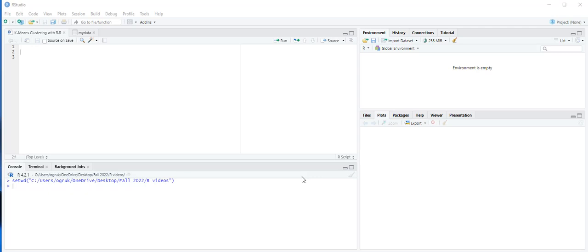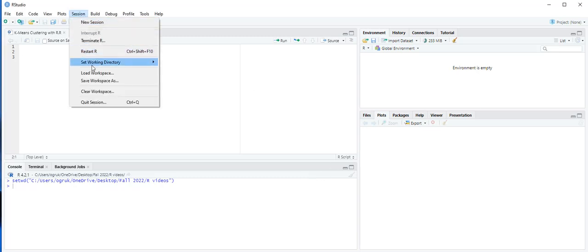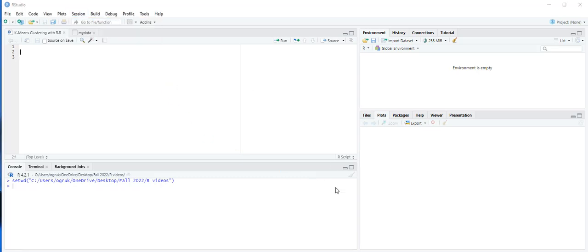Hello everyone, in this video I'm going to perform k-means clustering using R. For this exercise we are going to use the candy bars dataset. First we need to set our working directory. And next we are going to import the candy bars data into a data frame and label it mydata. So here we are going to type mydata is equal to